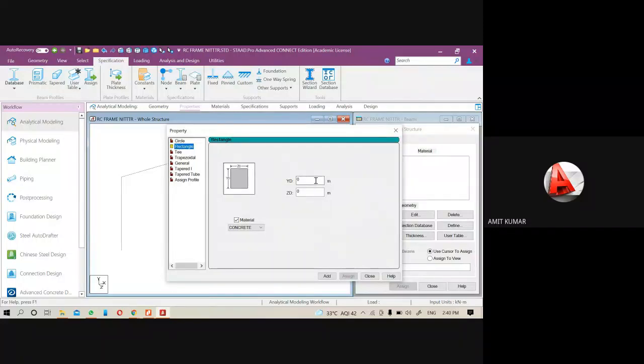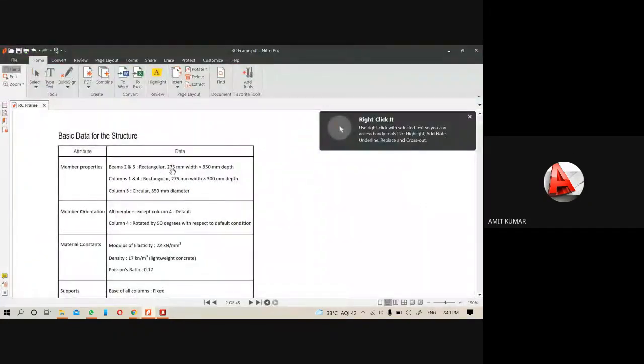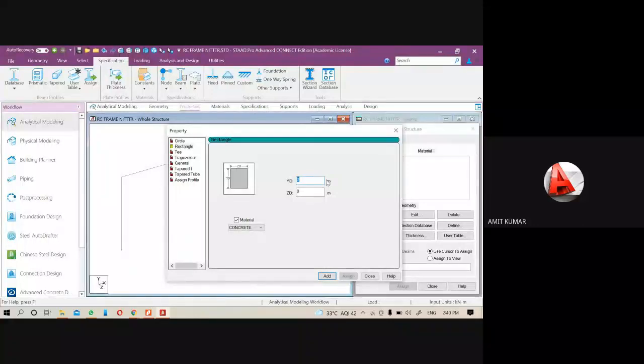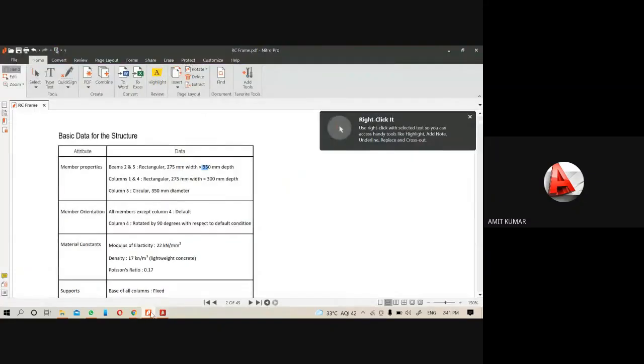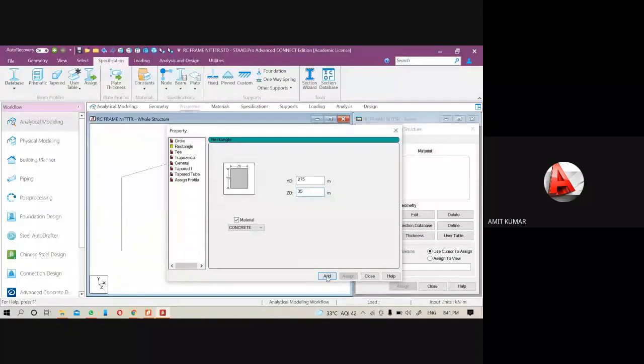First is the rectangular, and the thickness for this rectangle is 275 mm, that is 0.275, and the width is 0.35. So I write 0.275 and 0.35, and click on OK.